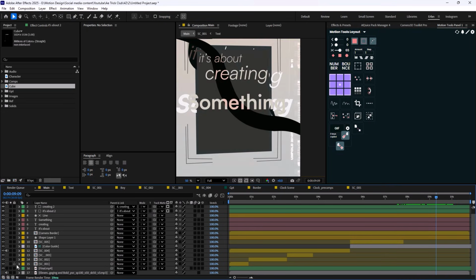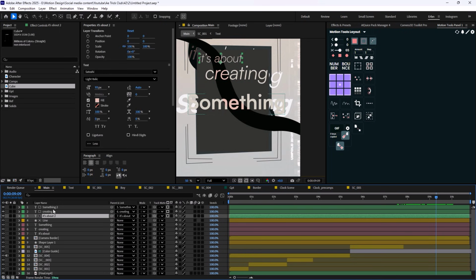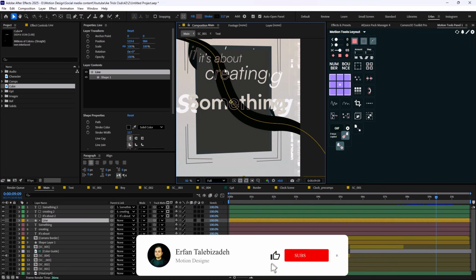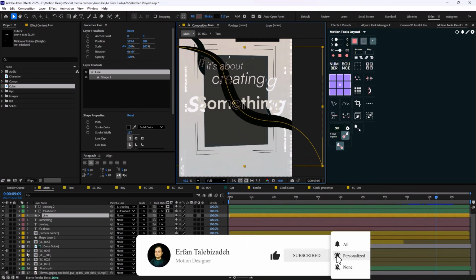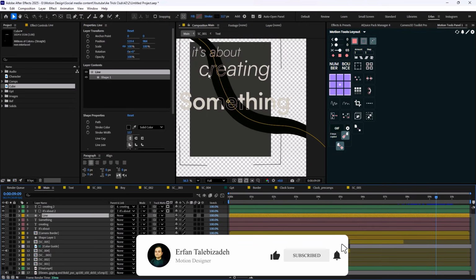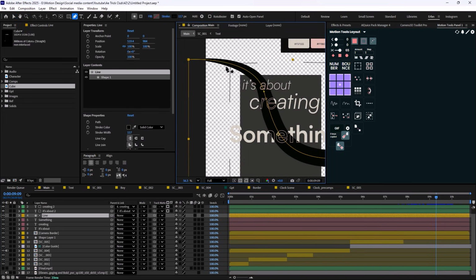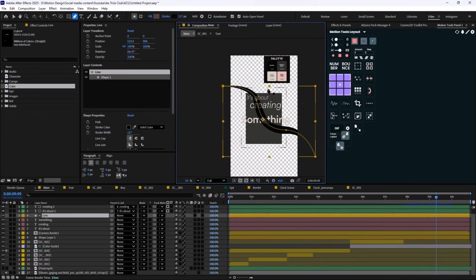Something like this, but I already know that you guys realized that these are not set on fill. These are basically set on stroke. So we have it like this. So let's just hide this one. So we have something like this. Now this part is up to you to adjust the trim path however you like to adjust the line, but once we do that we need to add a trim path.